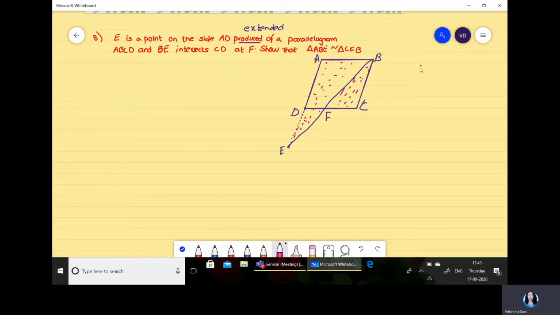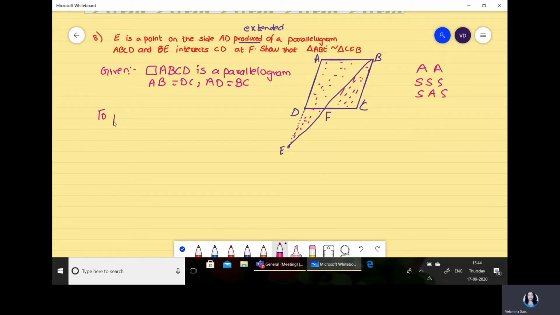As I said, we know the three criteria: AA, SSS or SAS. We have to see which criterion to use. When you analyze the given, you will find that ABCD is a parallelogram. This fact is given. In a parallelogram, opposite sides are equal and opposite angles are equal. About the diagonal, I think here we don't require any diagonal. About the sides, AB and DC are equal, AD and BC are equal, and about the angles, angle A and angle C are equal, angle B and angle D are equal. So let's analyze which property of this given can be used.